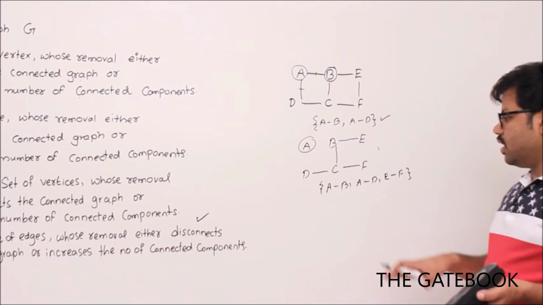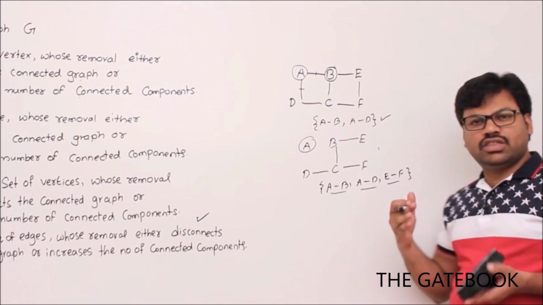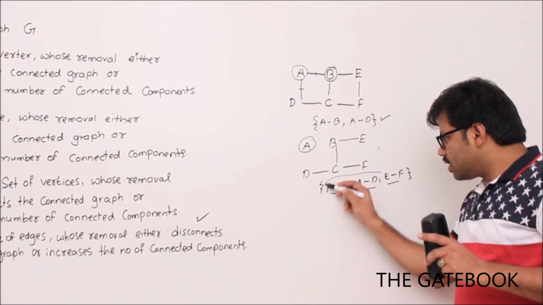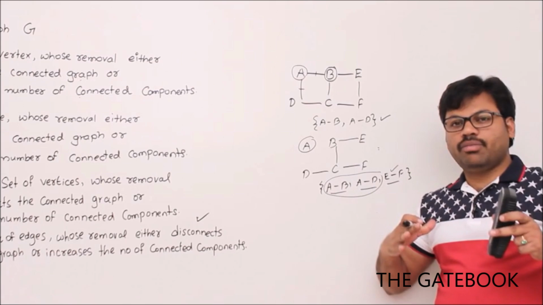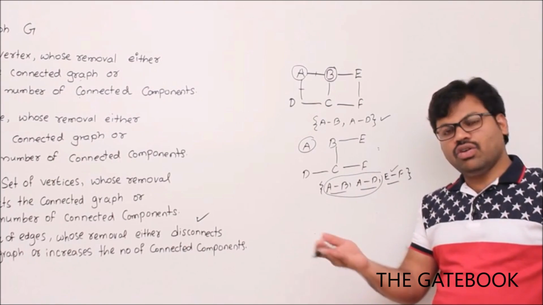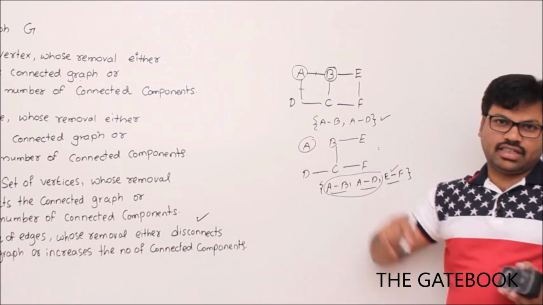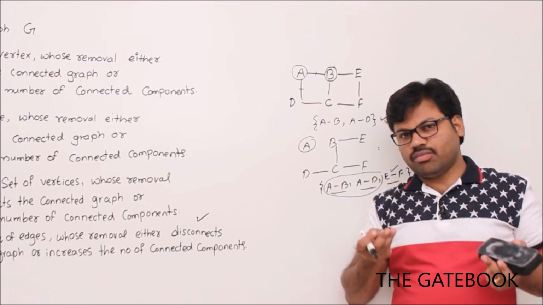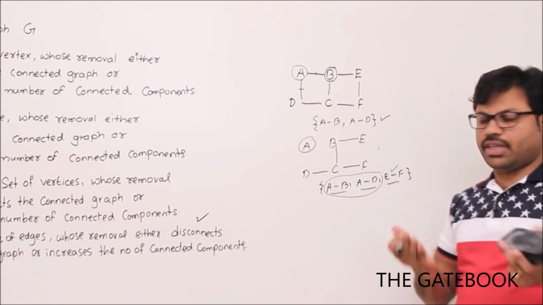So what I want to say is, when you already have a cut edge set and I add one more edge to that, this combination already disconnects the graph, and if you remove one more edge, then your graph will be more disconnected. So the resultant set again will become a cut edge set. Understand? So if something is a cut edge set, then adding something to that will give you again a cut edge set. That is what I wanted to say.